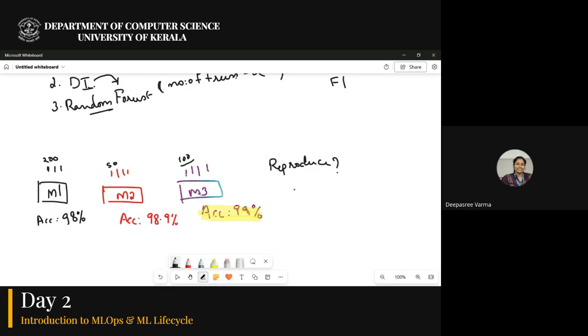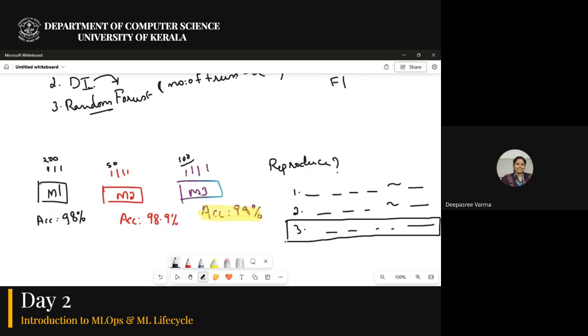Like, the first time when I did the experiment, I used so and so, and I got this result. The second time I used so and so, and I got this result. Like that, we track the experiment, so that the third time I used this and this, and I got a better result. And now I can understand from this track which is the better model I created, which is the best experiment, and I know the parameters I used in that experiment as well. This is called model tracking or experiment tracking.